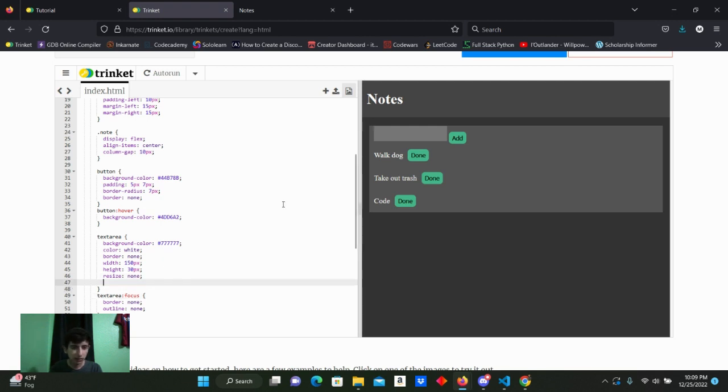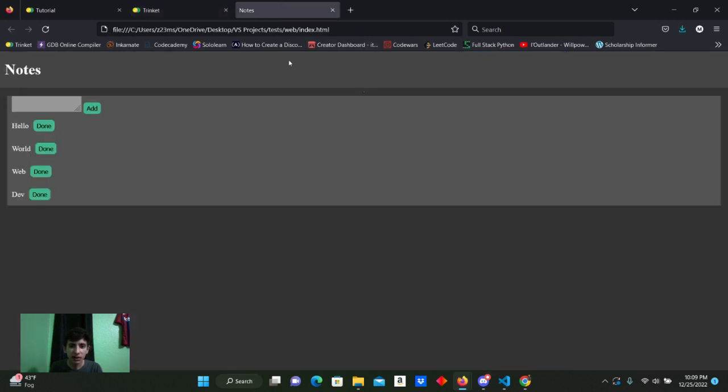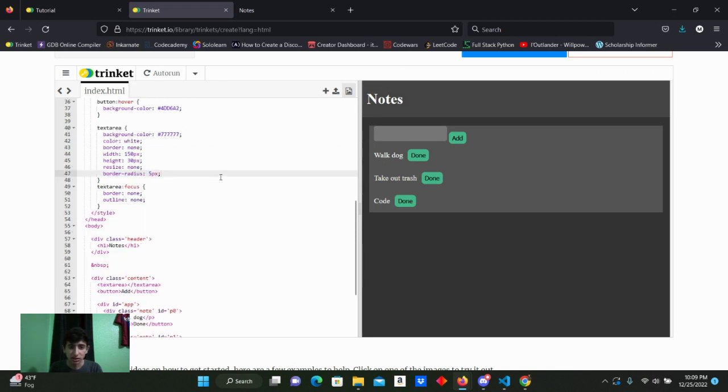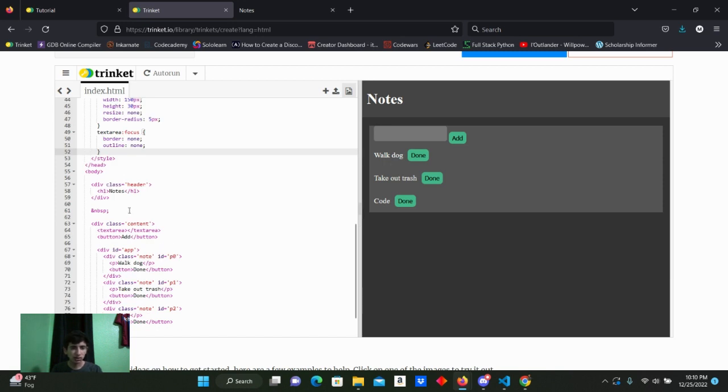And actually, I just thought about this. Let's do border radius of 5 pixels. There we go, just to make it look a little better. I actually didn't have that originally, but there we go. That actually looks better. And yeah, that works. We styled it. You could also add border radius on these elements right here, or you guys could also do